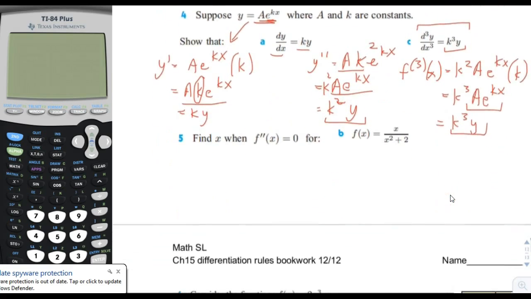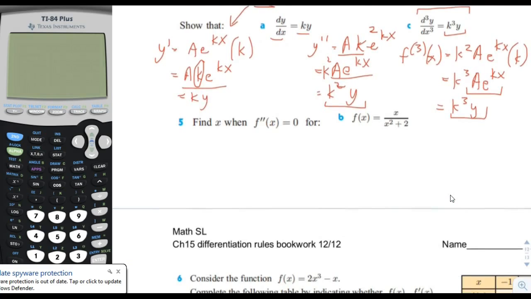Okay. Find x when f double prime of x equals 0 for this function. Okay, so